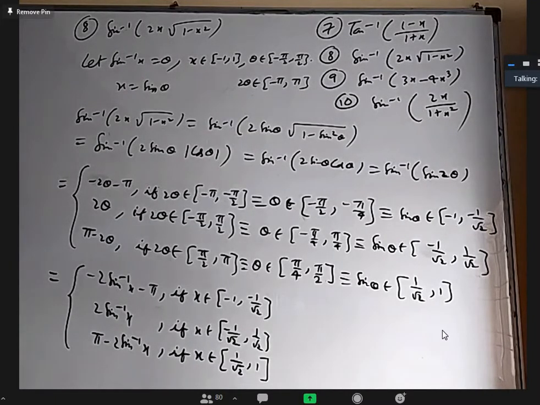Okay, so these formulas I am not asking you to learn by heart. If you understand how to derive them, and how these cases came up, whenever required you can derive them quickly. The purpose of spending so much time deriving is not to remember the formula, but to understand, so that whenever required you can derive it.